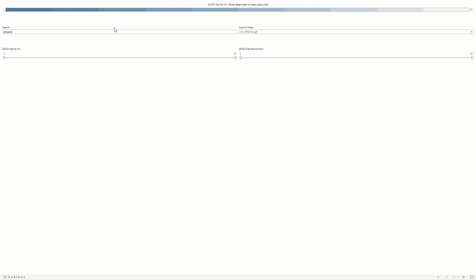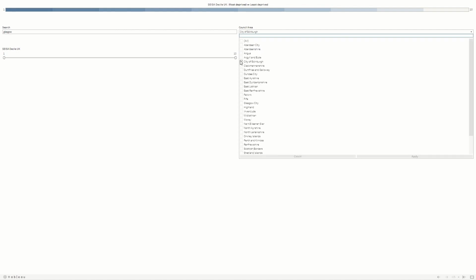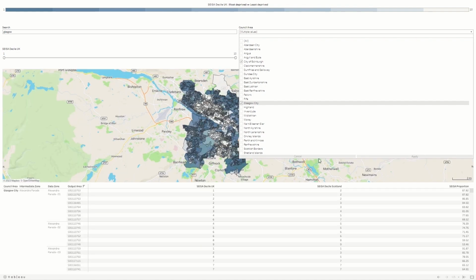If you encounter an error screen, first check that it is a valid search term, and then check if the spelling is correct with no white spaces. Finally, check that the restrictions you have applied, through the use of the filters and map tools, do not exclude the area you wish to search for.